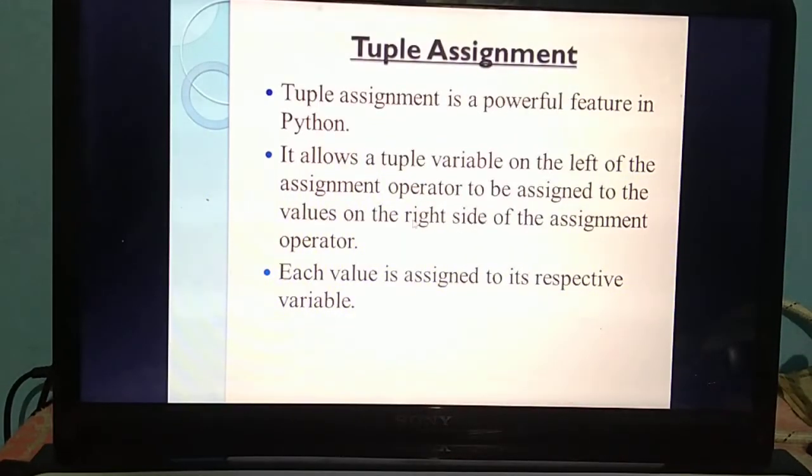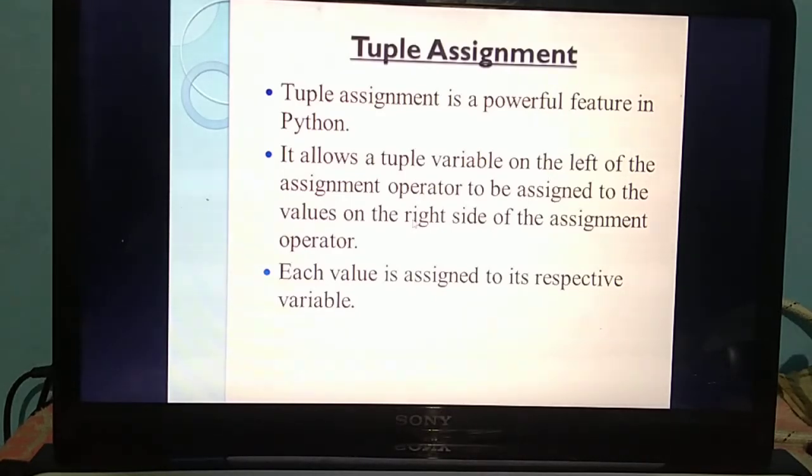So next thing we are going to study about tuple assignment. What do you mean by assignment? Assignment means you are assigning some values to the tuple. For example, a equal to 5. What's the meaning of that one? You are assigning the value 5 to the variable a. B equal to 10. What's the meaning? You are assigning a value 10 to the variable b. So likewise, you are going to assign some values to the tuples. Understand? You are going to assign some values to the tuple.